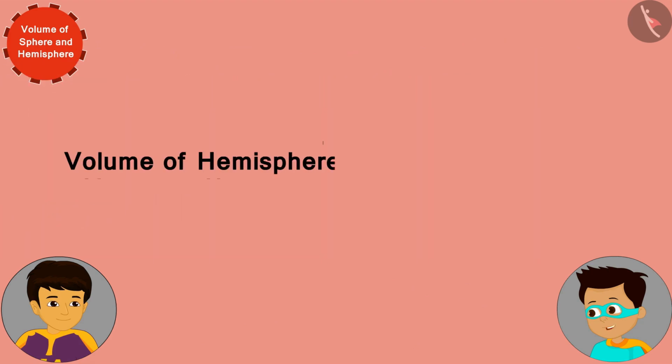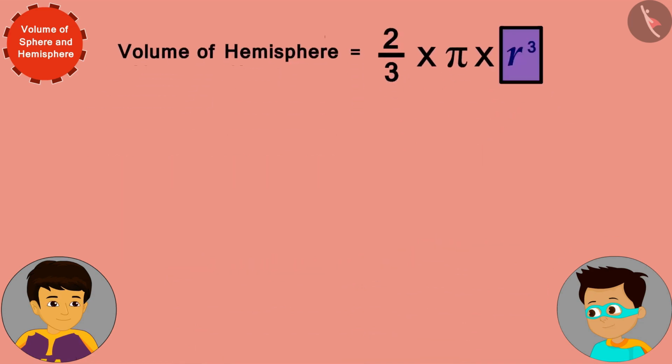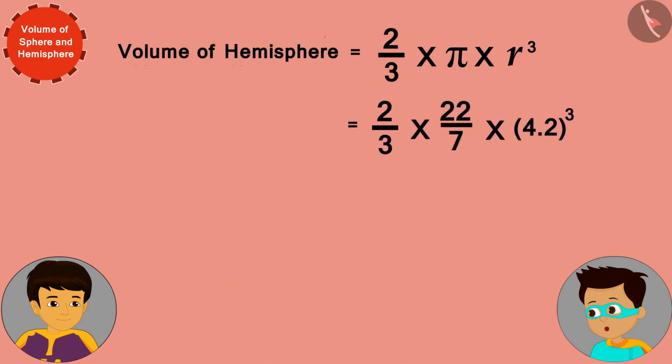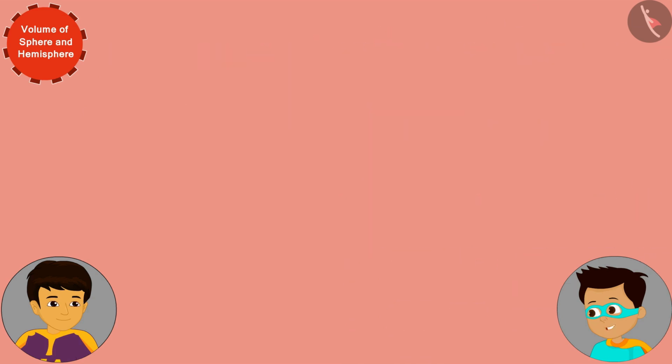The formula of the volume of a hemisphere is equal to the product of 2 by 3, pi, and the cube of r, where r is the radius of the hemisphere. Now I can solve this by replacing r with the inner radius of the bowl, 4.2 centimeters. The internal volume of the semispherical bowl is